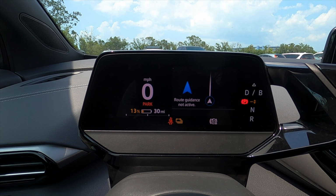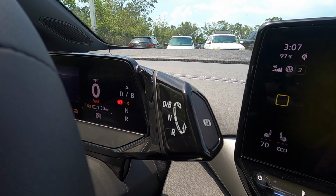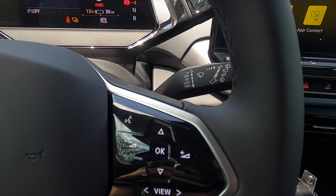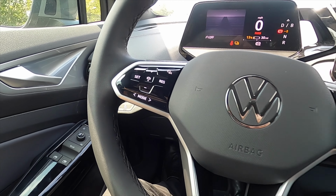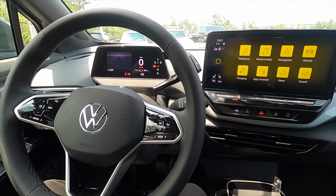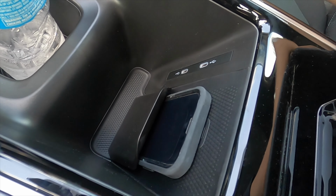You can even activate your turn-by-turn navigation on there. This is the gear lever to put it into drive, reverse, and the B-roll. The steering wheel is a multi-function with touch pads, square bottom. Now your wireless charger pad is right here with a little lever to close it in with USB ports and